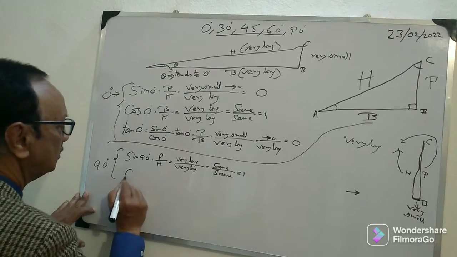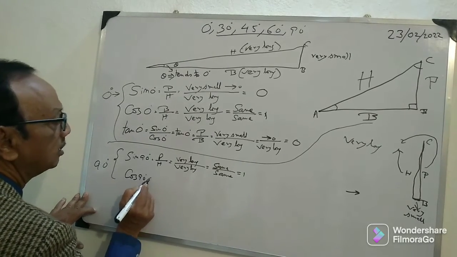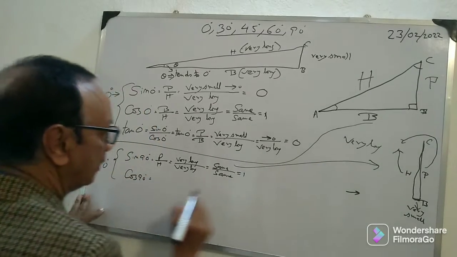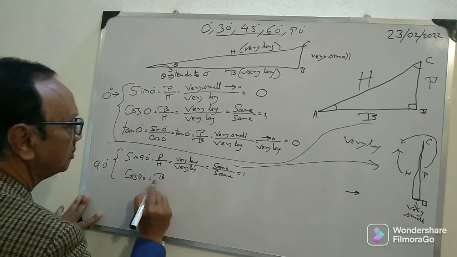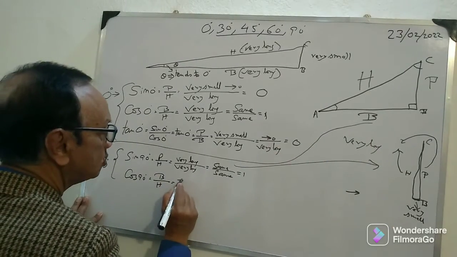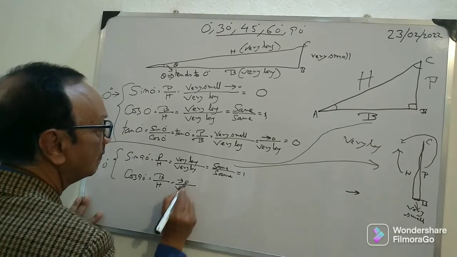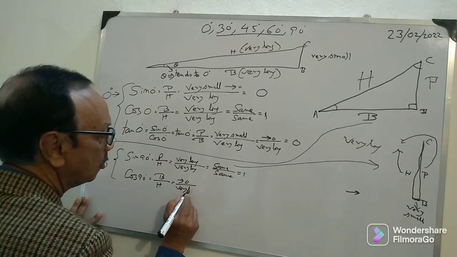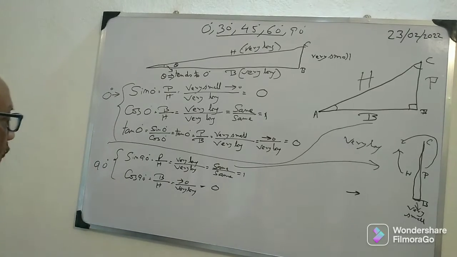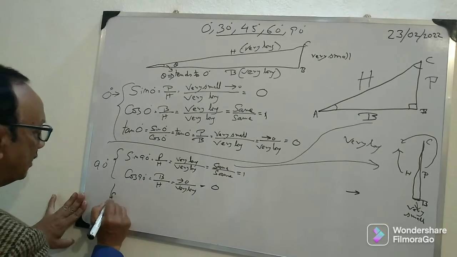And what about cos 90? Cos 90, for this diagram, is base by height. Base is very small, height is very long. So it almost tends to 0 by very long. So it will be 0. You can understand? Now for tan 90,